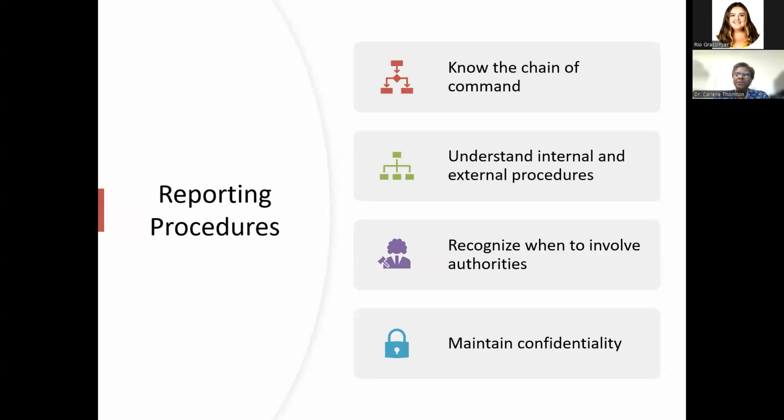So when do you contact the authorities? Follow your procedures as far as proper reporting. And it also depends on what the allegation is and what you witnessed yourself and what happened. So all of those factors are going to play a part. There's no cut and dry answer, but our internal policies and procedures should tell us when to contact the outside authorities, when to involve them, when to reach out to them directly, or when to follow the internal procedures.